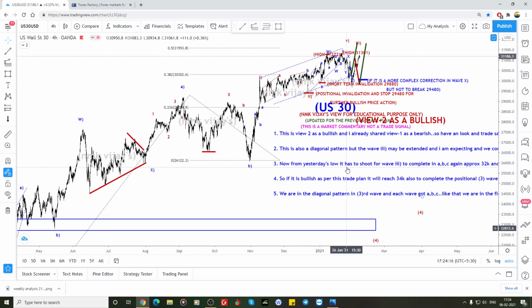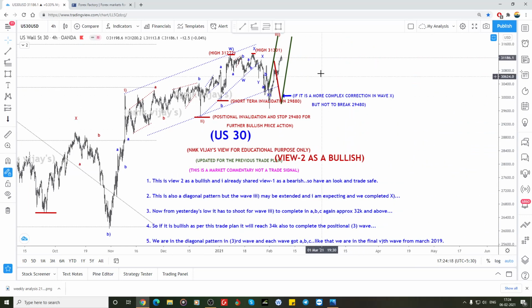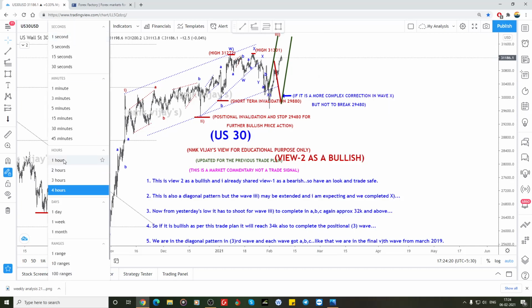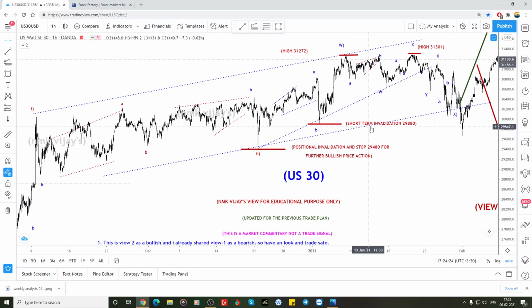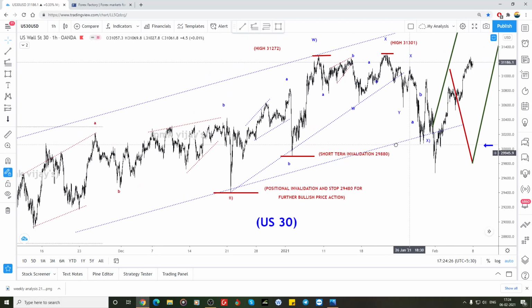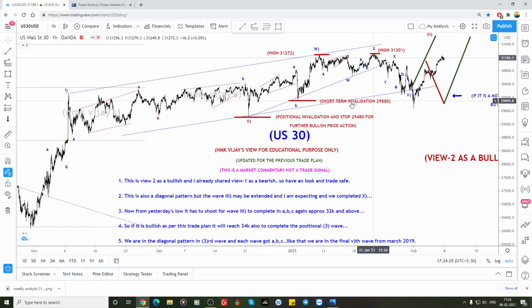So make it auto. And here I said this is a short-term invalidation zone, but what happened? It's hit and it is invalid now, but the positional invalidation, that is the thing you need to note. So this ABC is a 1, so the whole thing becomes a, I have explained that A, B,